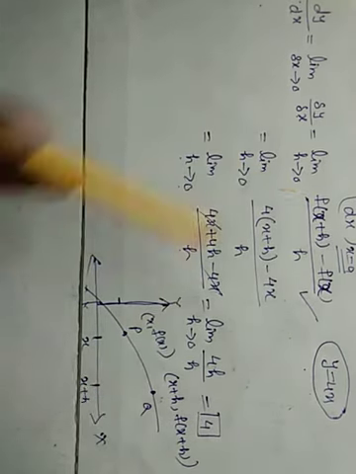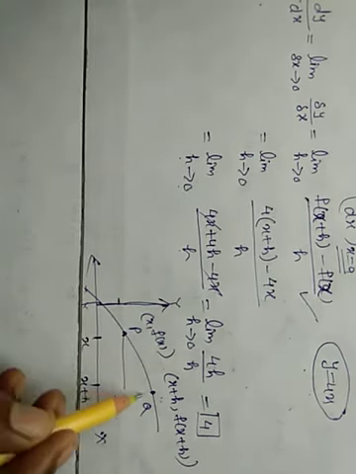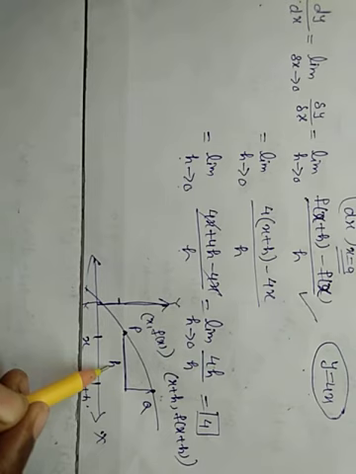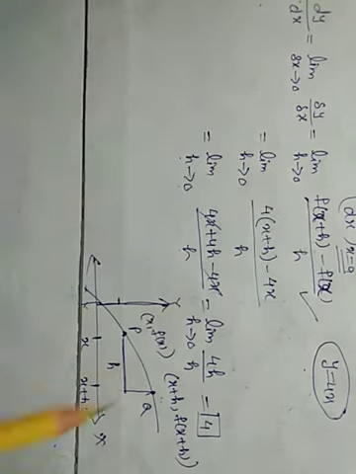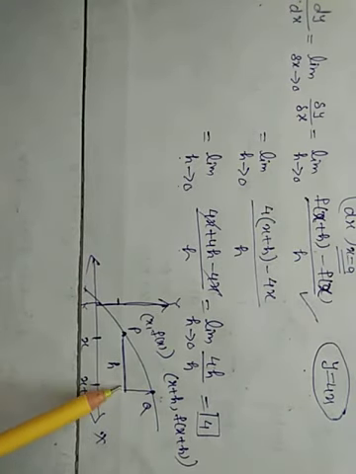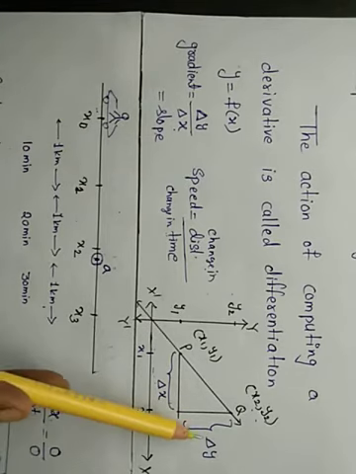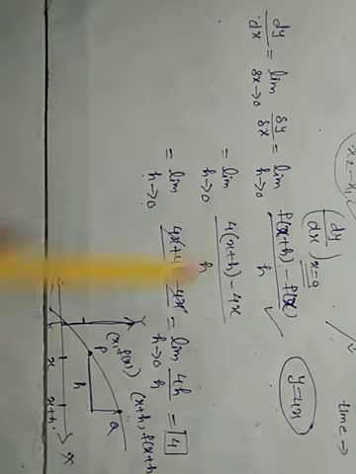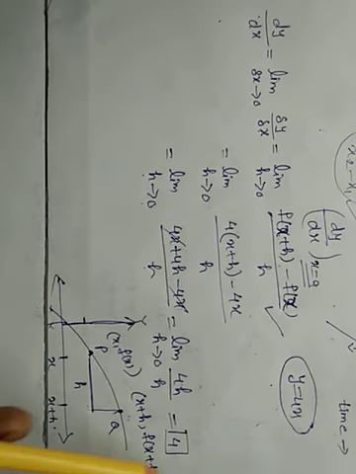Then how will we get this formula? What is the change along the y-axis? Just look here. What is the change along the x-axis? x and x plus h. Here the change is h. And along the y-axis, it is f of x plus h minus f of x. This is the change along the y-axis. I have only taken it in terms of f of x plus h and f of x. And the change along the x-axis, x plus h minus x, is equal to h. In this way, here we got 4.